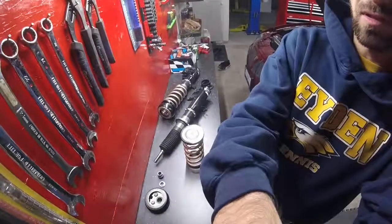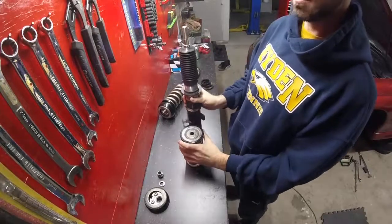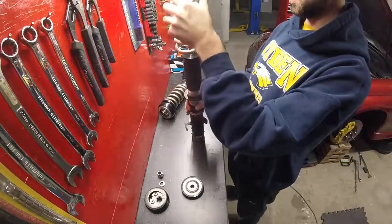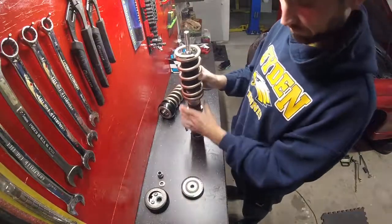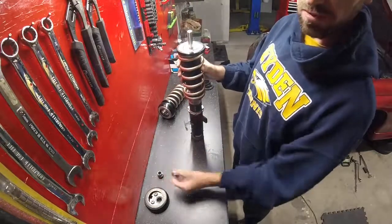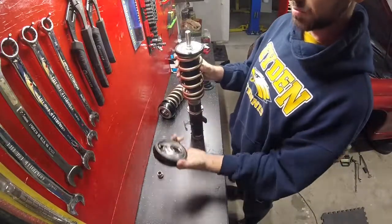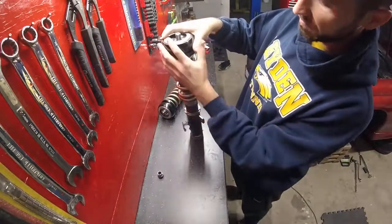And then here's how it goes on the actual strut assembly. Put the spring on first. Make sure it's right side up. Yep. Put this here. Then I'll take the small metal bushing part here. Put that in there. Take the strut top, put it on top,